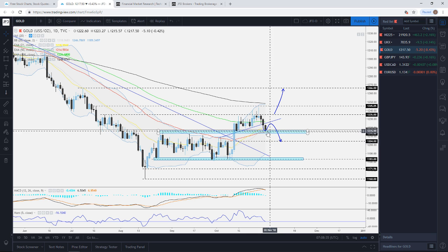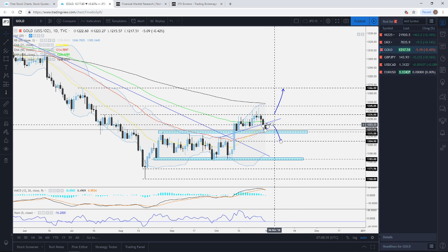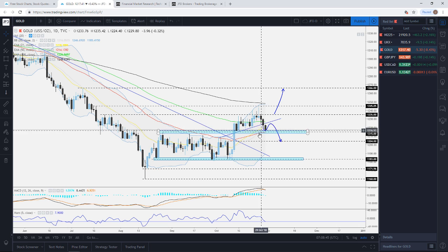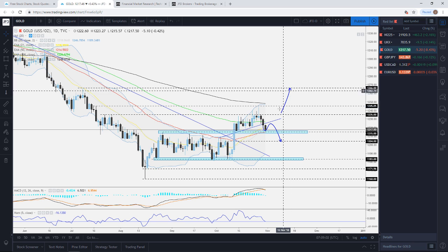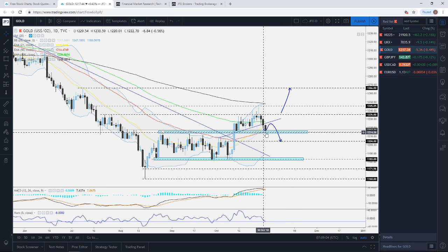So of course, if the 1215 continues to hold, that could be a good sign for the bulls, but we would still remain somewhat cautious, because to get comfortable with the upside, we would need to see this one traveling all the way back above this upside support line, and then eventually closing above the 1235, and this is where we could then aim for slightly higher levels in the near term. But for now, all eyes are on this